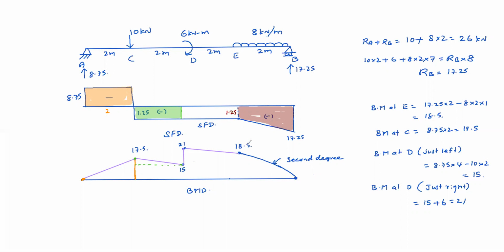That means the shear force area between any 2 points will indicate the difference of bending moment. Okay, difference of bending moment. See here 18.5 and 0. So the difference exactly matches the area of the shear force diagram between those 2 points. Clear? Yes, sir. Okay. And what else do we need to discuss?